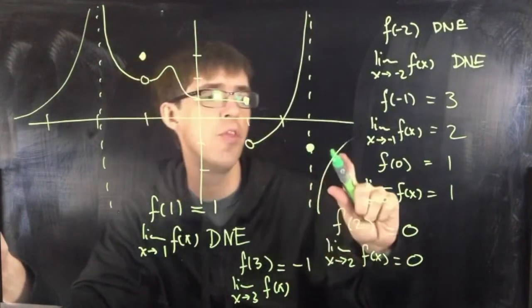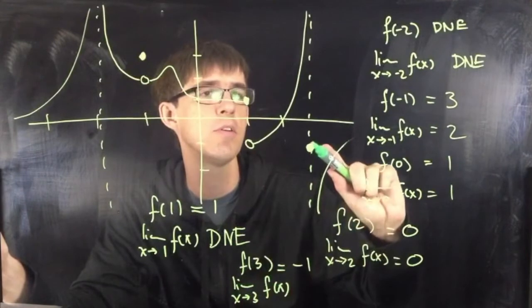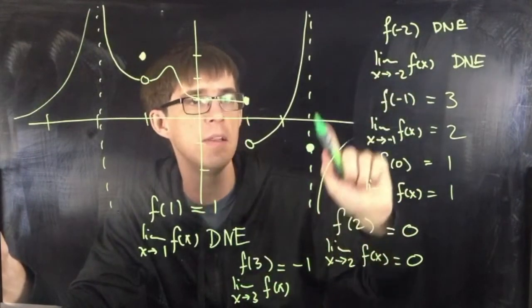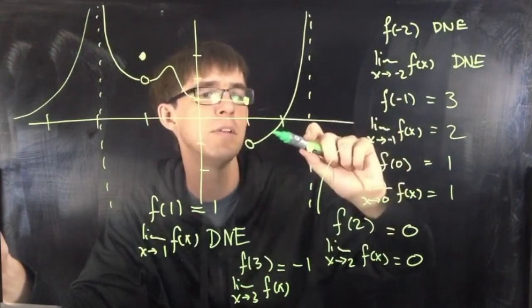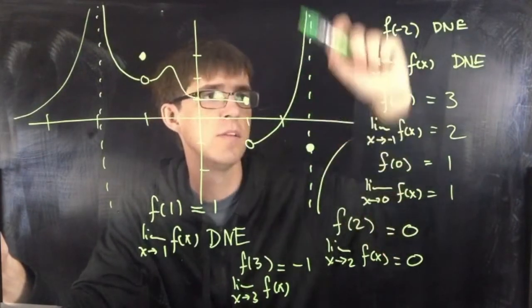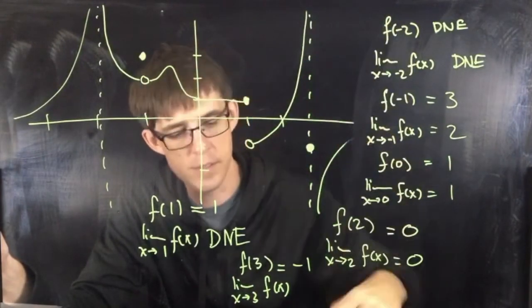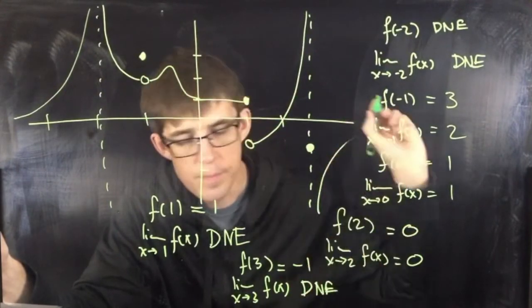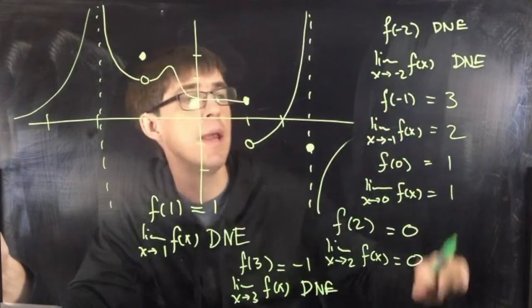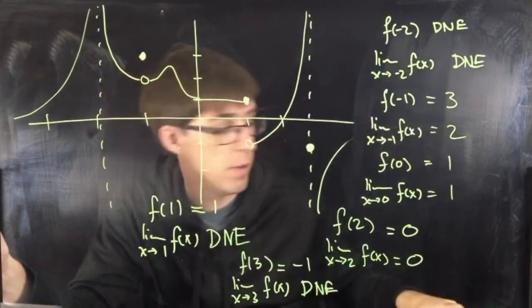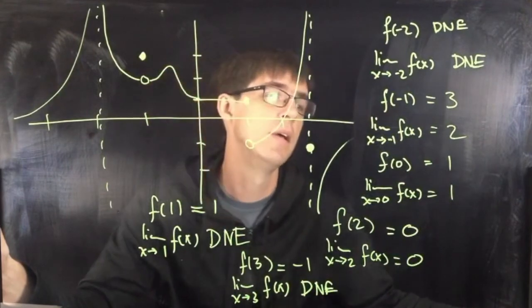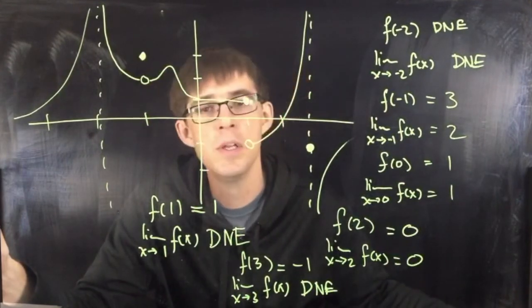And what about the limit? That means if you look along the curve, where is the curve going to? What's the y value the curve is going to? And in this case, there is no limit. This part is going up there to infinity. This part is going down there to like -infinity. This limit does not exist. All right, this is how we do it. If you were able to follow along and do those yourself before I did, you should